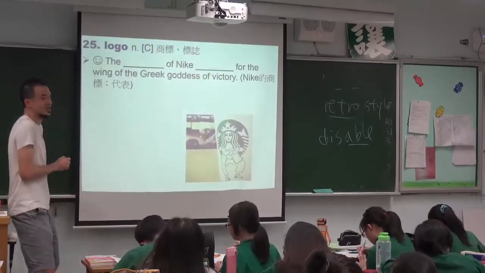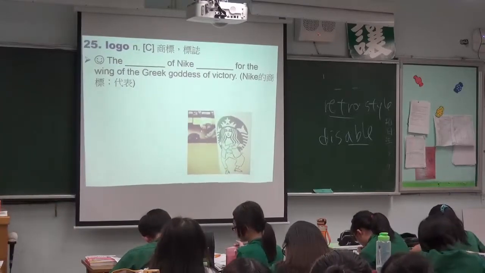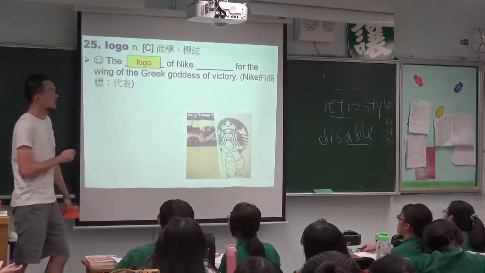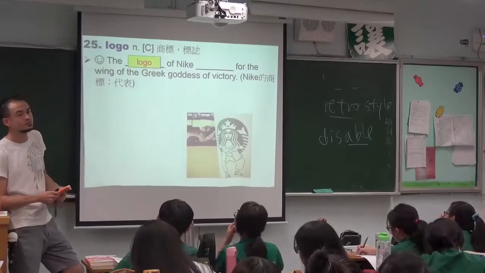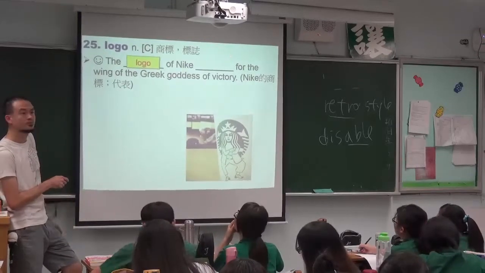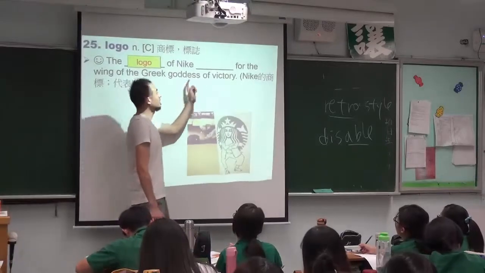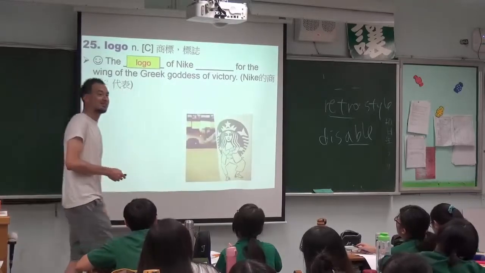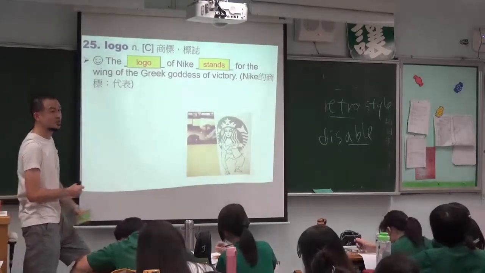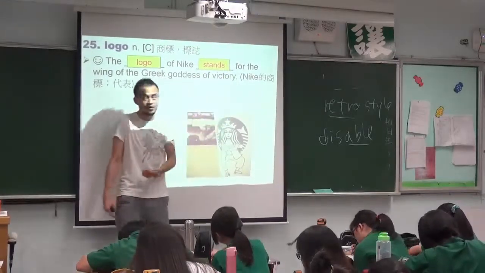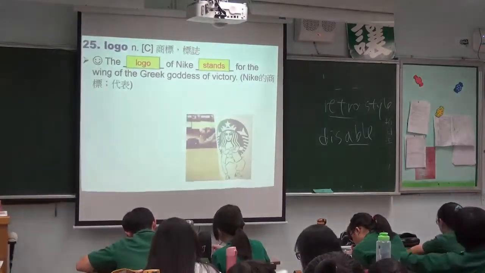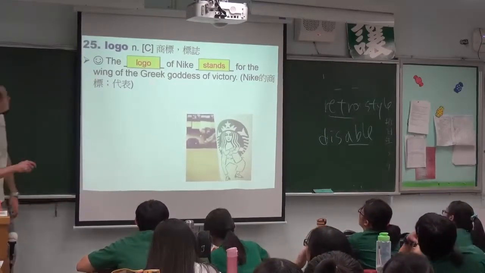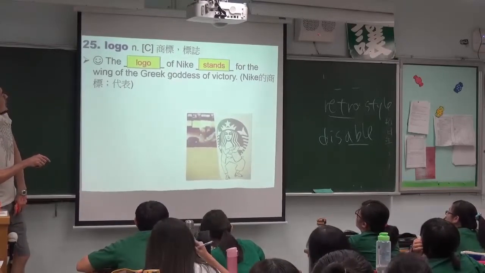Okay. It's like here, this will be the last one. Like here, the logo of Nike 代表一件事情，2个字的词。你念一遍。Amy, the true expression. 你可以说 represents。但是当2个字的话 stands for something，所以你可以说 stands for something. The flag stands for our country，代表一件事情。Remember? So you can say, did you know this before? Nike stands for the wing of the Greek goddess of victory.